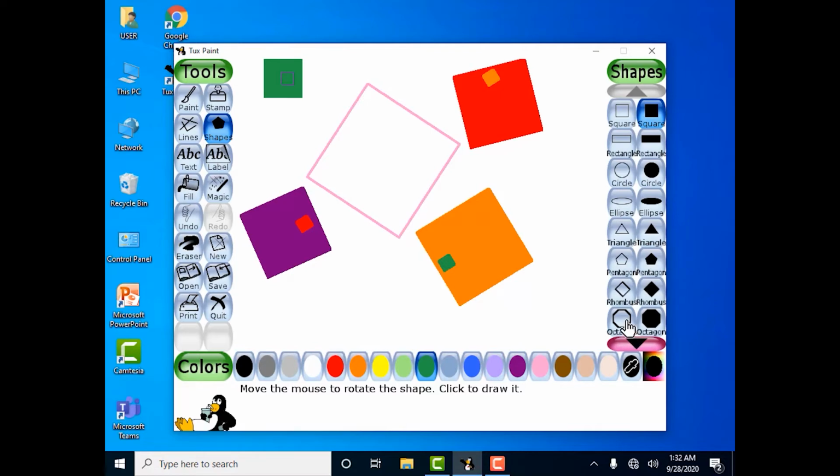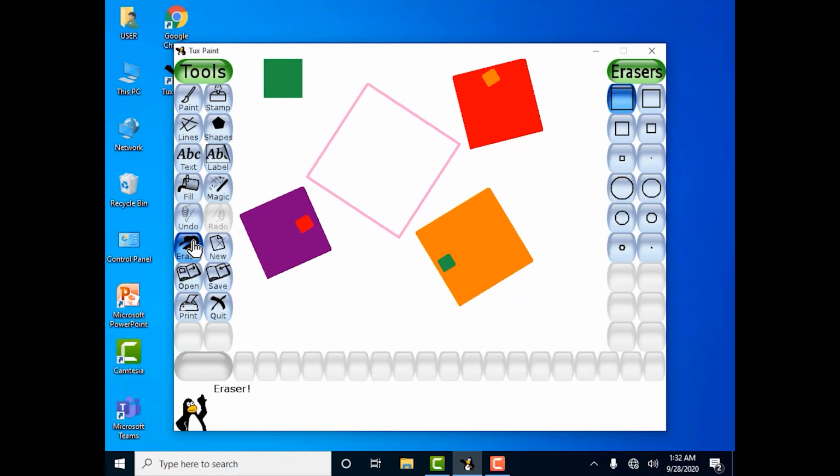Eraser tool. The Eraser tool is used to erase unwanted parts of the picture. It is very easy to use. Select the Eraser tool from the toolbox. Select the desired shape of eraser from the subtool box. Bring the mouse pointer in the drawing area.